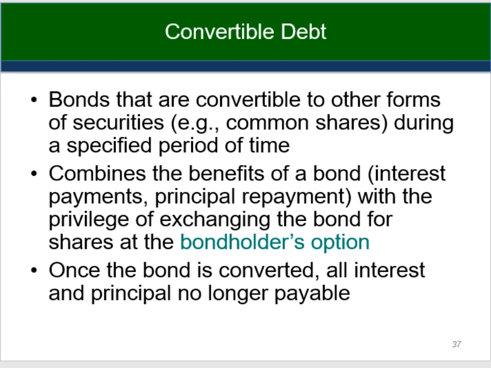So the embedded option to convert to common shares is an equity instrument, and so that part of the instrument is presented as equity. The remaining component of the bond is presented as a liability. So in terms of accounting, when bonds are converted prior to maturity, we use the book value method of recording the bond conversion, and that's the method that's most commonly used in practice, even though there's no GAAP that specifically says how we measure the transaction.